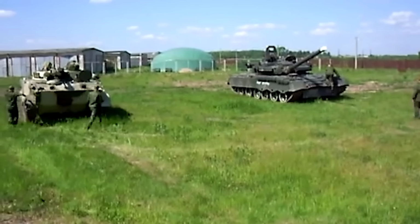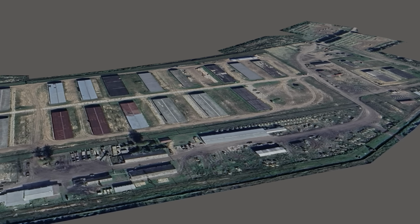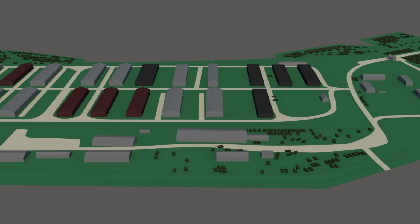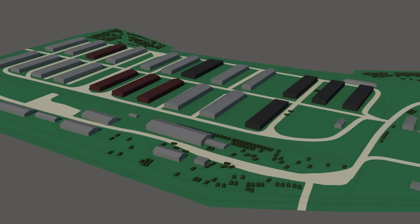With Russia continuing to lose tanks, we look at yet another Russian tank storage base. This time the 22nd, one of my favorites. And just like with other bases, I decided to make a complete detailed 3D model of the base, with every single last tank and BMP. With it, we can get a much better idea and look at the base, beyond what's just possible in satellite